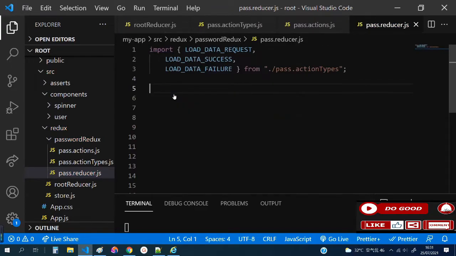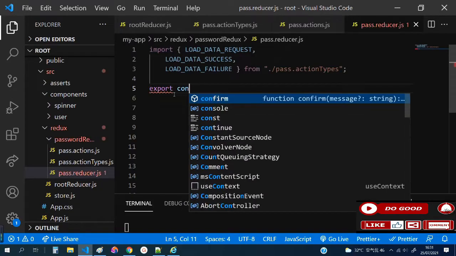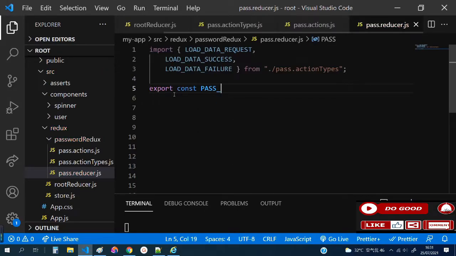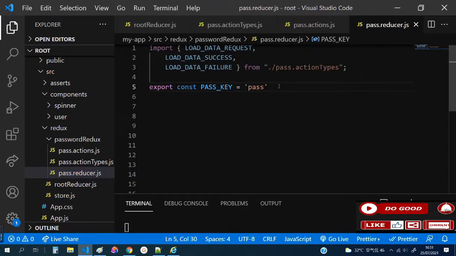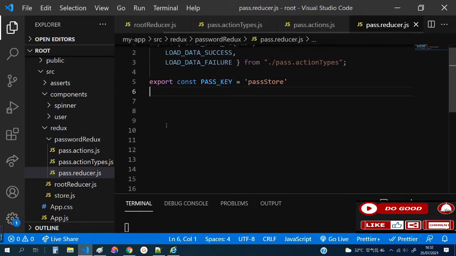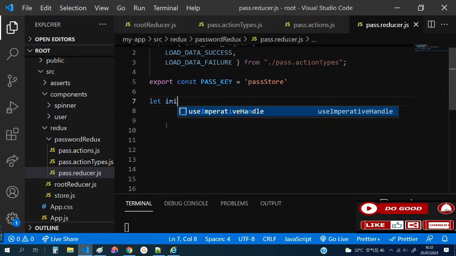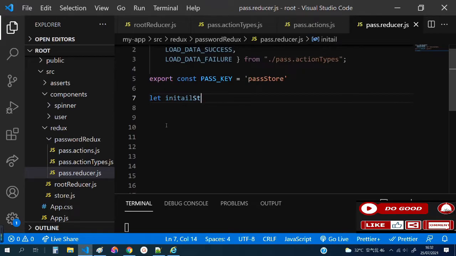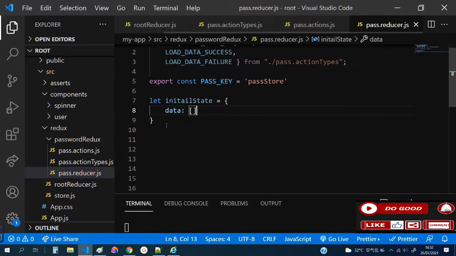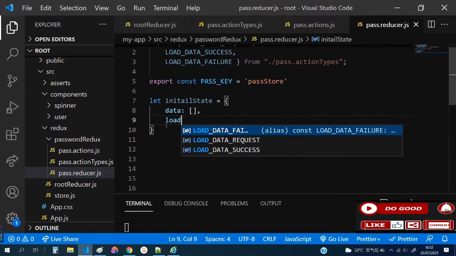You will say export const passKey equals passStore. So we can say that. Next, initial state will be equal to